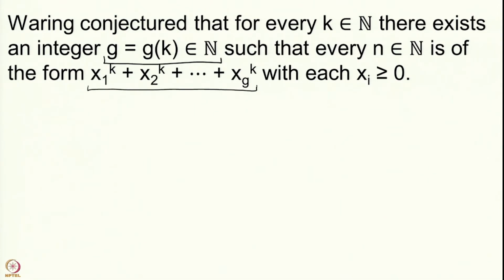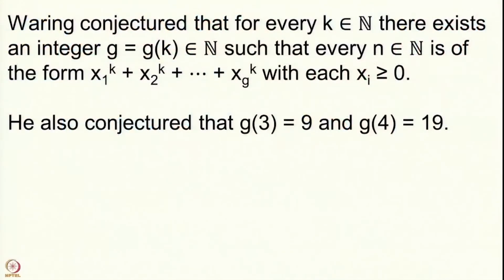I told you that you could actually have obtained every number as a sum of squares using the greedy algorithm. Of course, we know that 1 is a square, so it is not difficult to prove that every integer is a sum of kth powers because 1 is a kth power. But we do not want to write 2020 as 1 plus 1 plus 1, 2020 times. We would like to have a finite number. We would like to know that there is a number g depending on k such that my 2020 is a sum of at most g many kth powers.